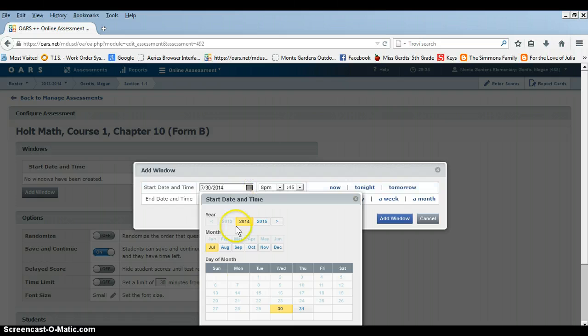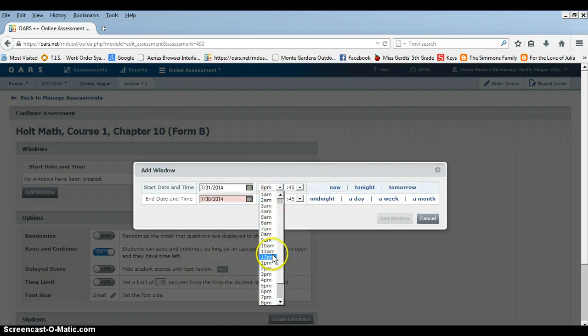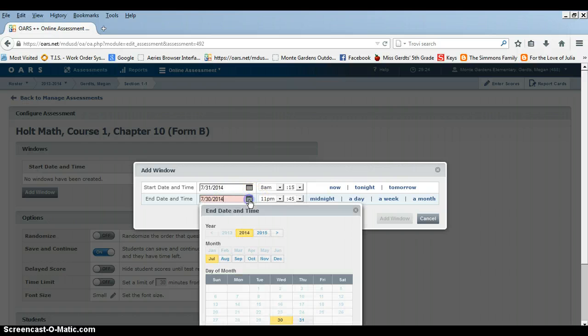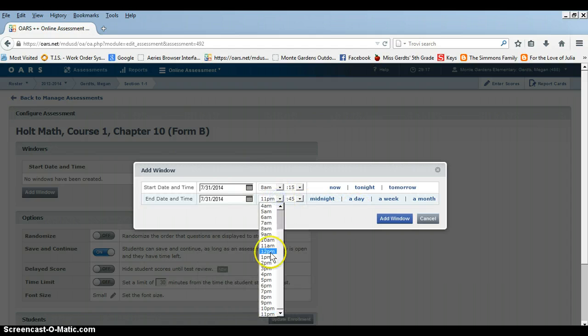So I'm going to select the date. They're going to take this tomorrow at 8 a.m. and my class starts at 8:15, so I'll open the window then, and then it's going to close at, I'll give them a little bit extra time in case I have kids who run over, 9:30. So then I click on Add Window,